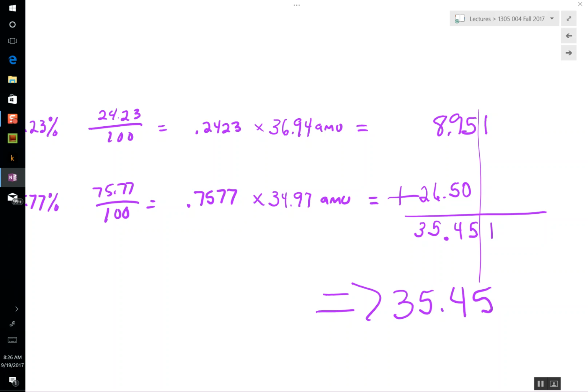So are you given the 75.77%? Yes, you're given all of this stuff. How do we determine that? There's something called a GC mass spectrometer. What they basically do is run chlorine through a gas chromatograph and separate them, and then they'd probably ionize them a little bit and run them through a